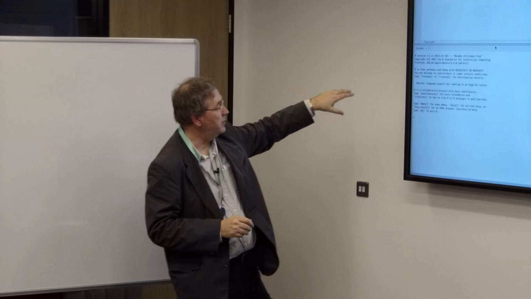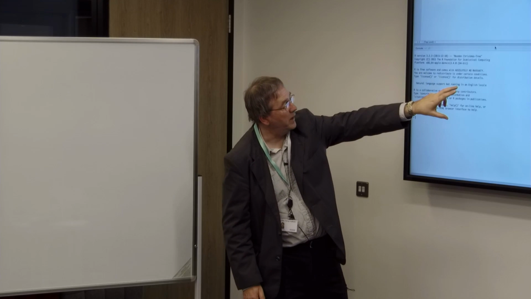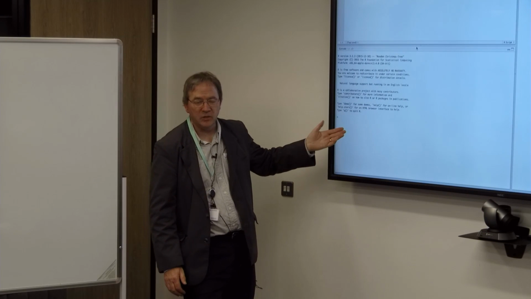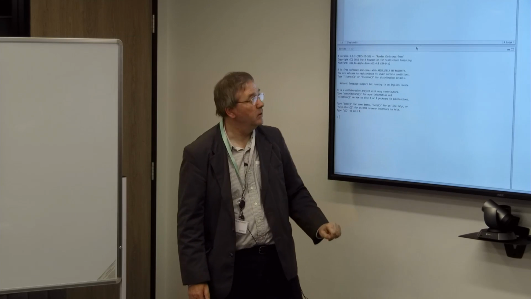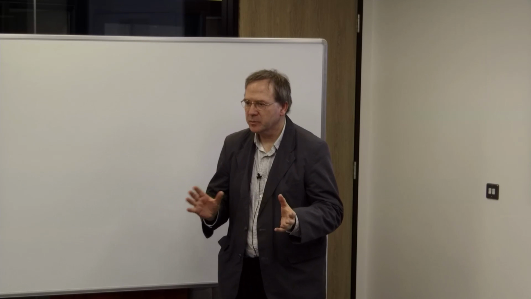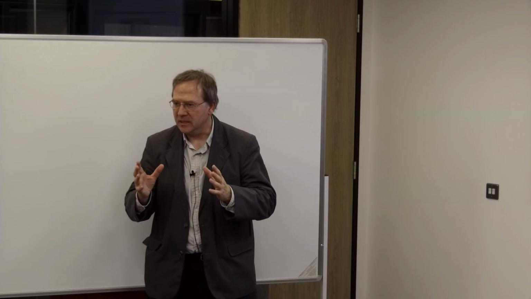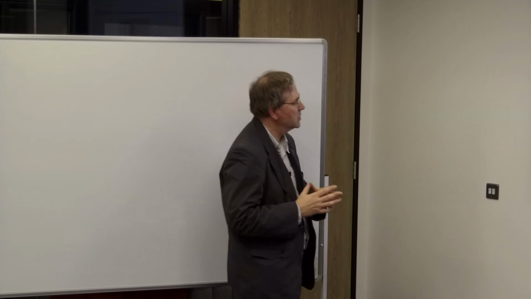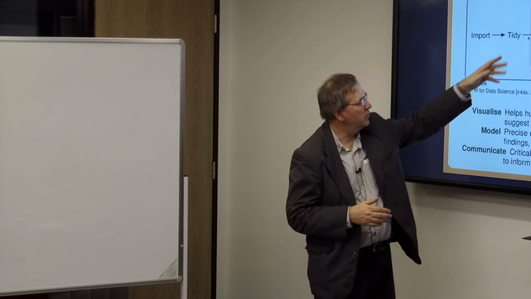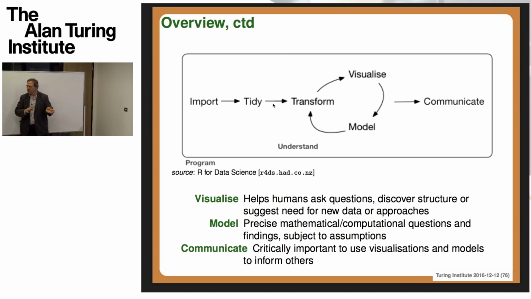So there are three main panels, together with other ones which will occur at various times. There's a console panel, an editor panel, and usually a plot panel. Alternatively, if you look at help pages, then it can show the help page in that panel. You can switch between them according to the tabs at the top. What I'll do is spend a few minutes talking about this idea of tidy data sets, which is the precursor to this transform, visualize, model paradigm, and then we'll switch back to RStudio and give practical examples of these things.